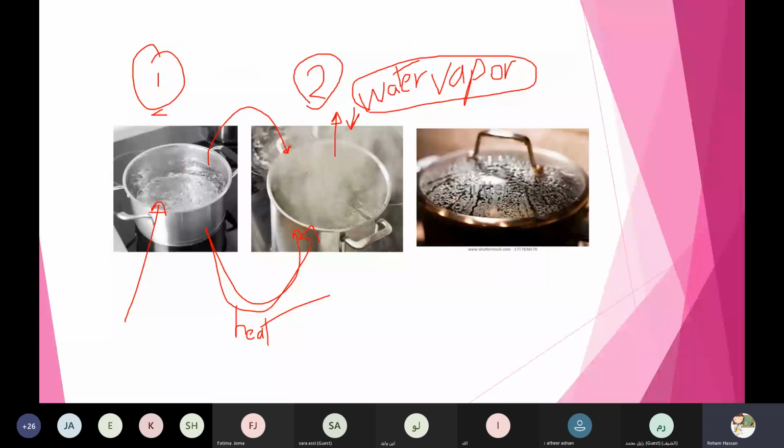we can put this cold cover on this container. If we put this cold cover on this container, what will happen, Lin? Look at this picture and tell me. What happened to the water vapor? Number 3, I ask you about number 3. If we cover this container by a cold cover, this is a cold one, okay? What will happen to the water vapor? Can you guess?